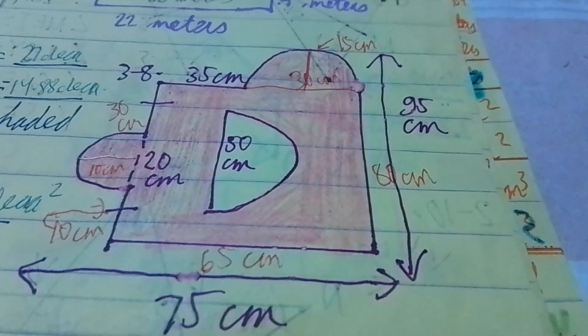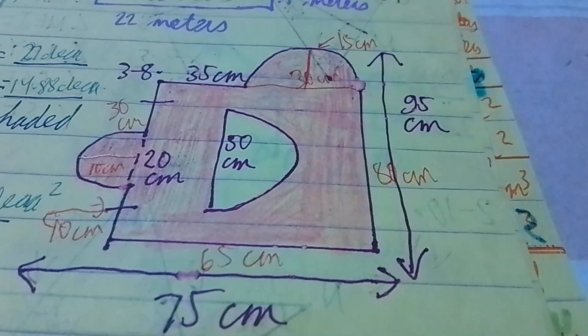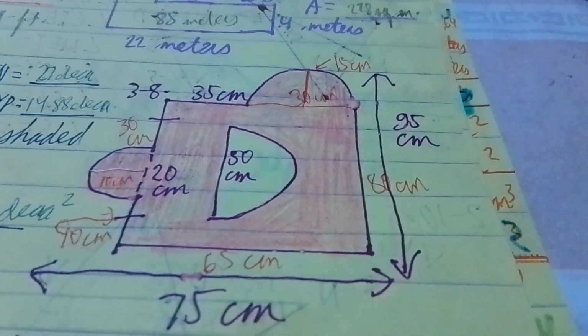So therefore, it's pi times 10. Pi times 20 divided by 2, 20 divided by 2 is 10. Pi times 10 is 31.4. So therefore, that's 31.4. Let me write it down for you. 31.4 plus